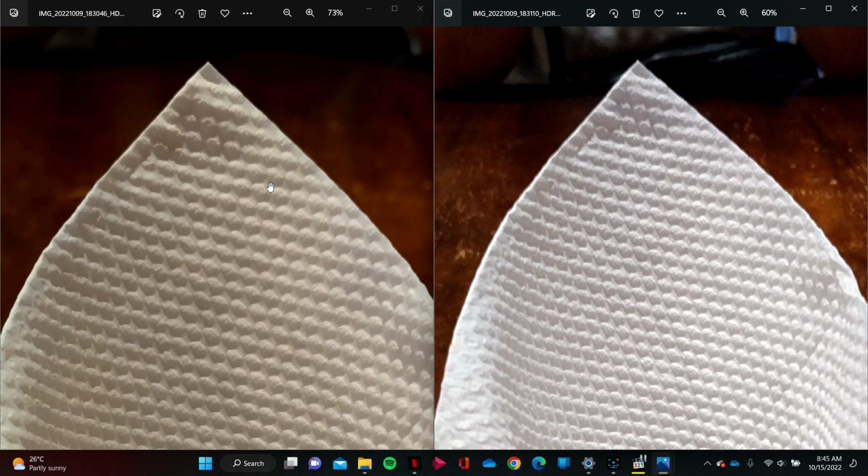So it has a lot of advantage compared to the Nokia G60 5G, where the sensor is not as premium as the one on the X30. So with both these images, you can see that under bright lighting situation,